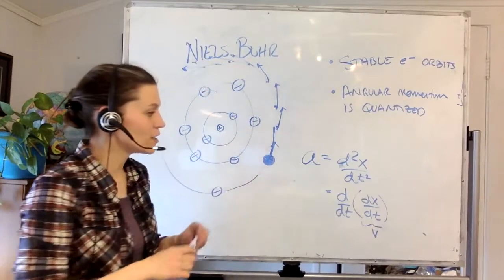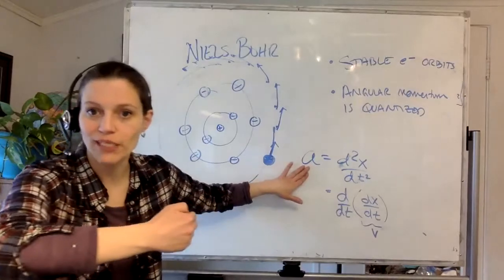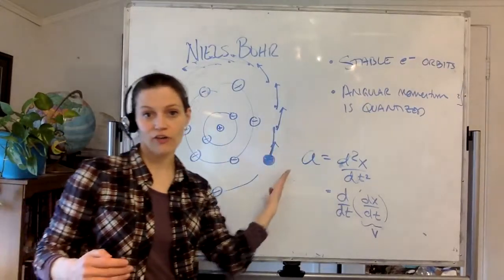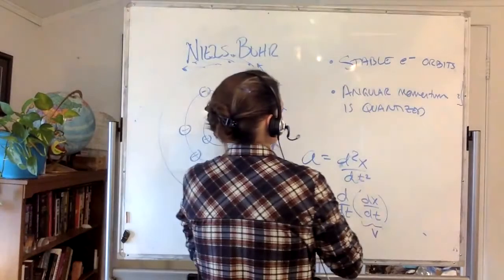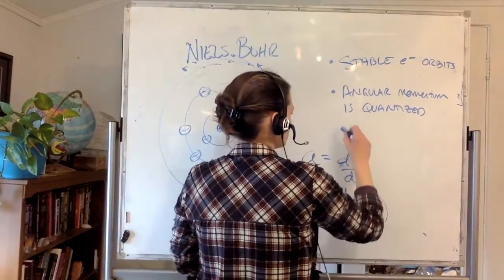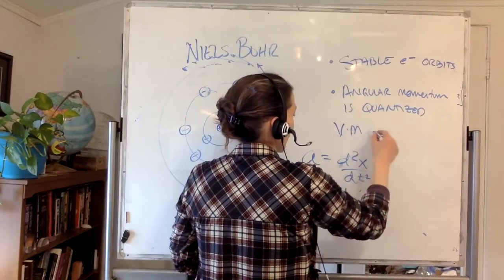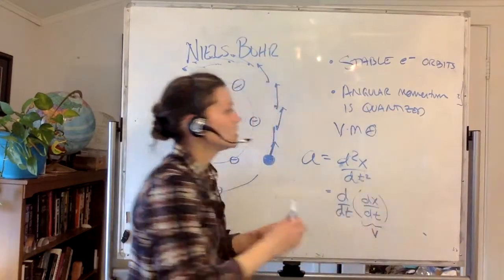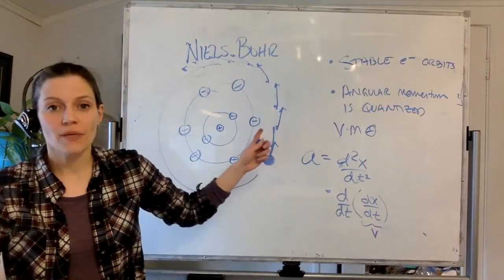If it's here, the velocity is essentially the tangent, and so it's continuing to change. Well, as you change here, you've got a change in the angular momentum. And if you change the angular momentum as it goes around, the momentum being the velocity times its mass, but then you've got an angle associated with this. So the angular velocity or the angular momentum. So what's going to happen is,